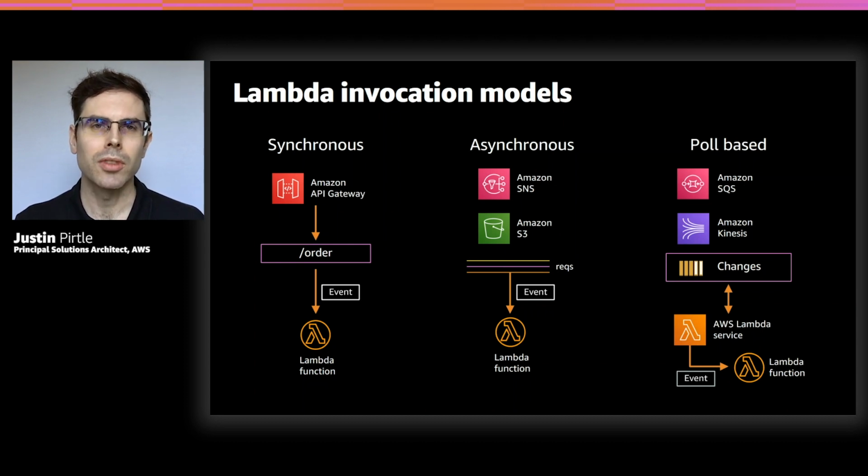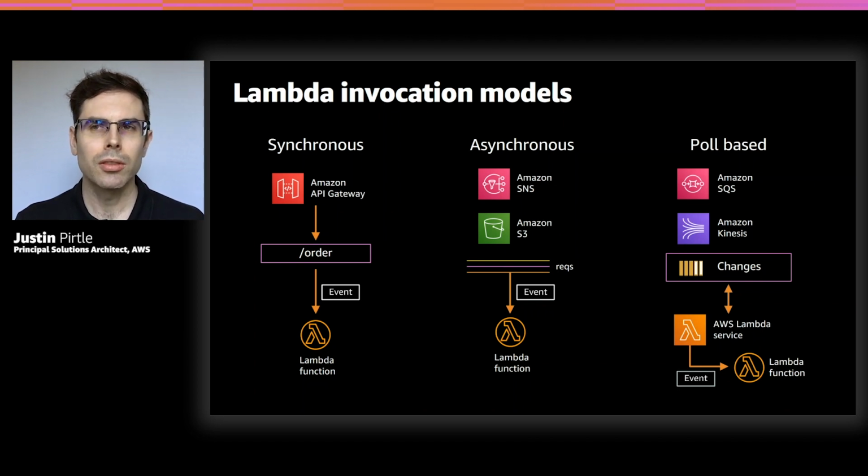With asynchronous invocations, it's a fire and forget model. So with services like SNS or Amazon S3, we then call Lambda and we say, here's the message. And as soon as Lambda says, I've received the message, then they immediately return back to their clients and we say, hey, I sent your message. There's no awaiting of the processing, there's no blocking for the full process to finish.